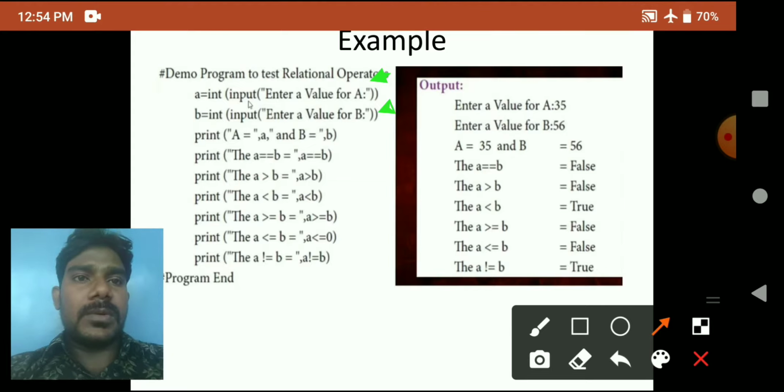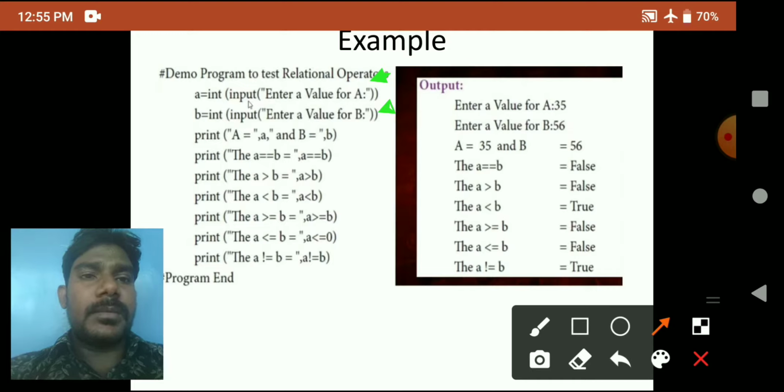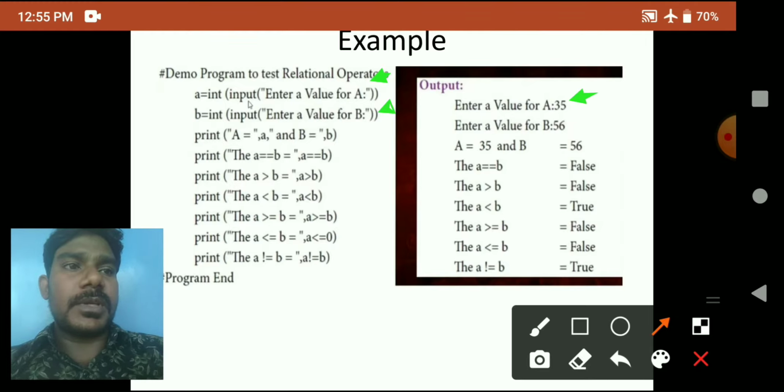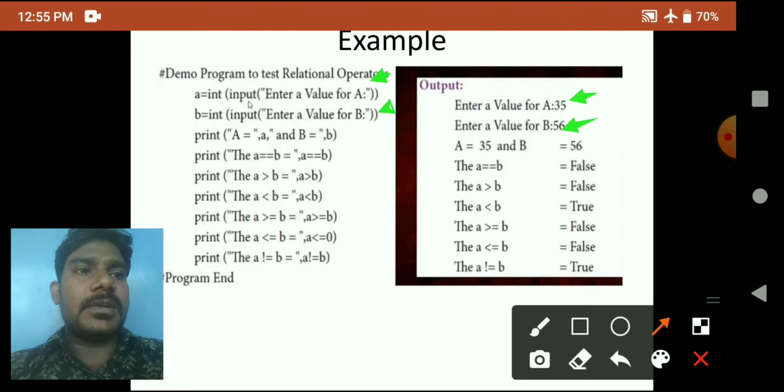They get input values from us using the input function: a equals input, enter a value for a; b equals input, enter a value for b. We enter the values: a is 35, b is 56.